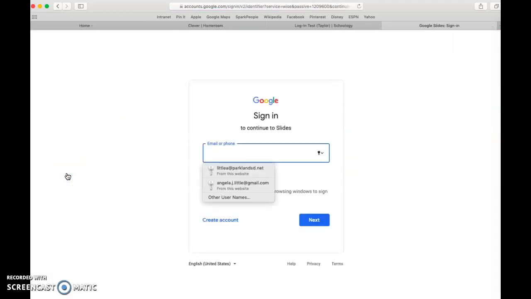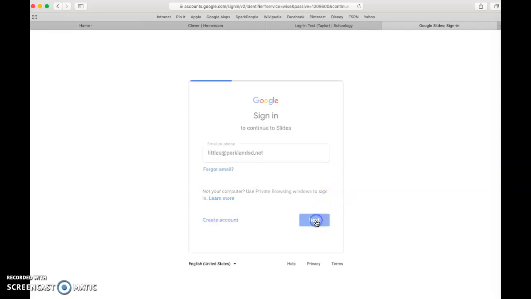And you may get a website that looks like this, where it initially said login failed. Here it wants you to put in your .net email. So you can see how mine's already down here. So I'm going to type in my .net. I'm not typing in my .org email now, I'm typing in my .net because that is the address that Google has assigned to me as a teacher, and then yours is to you as a student. So your ID number at parklandsd.net is what you want to log in now for Google. And when you hit next,